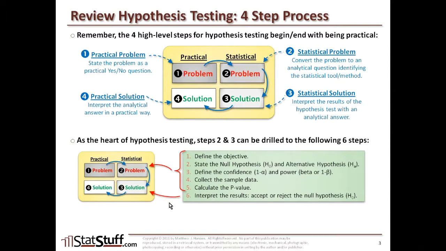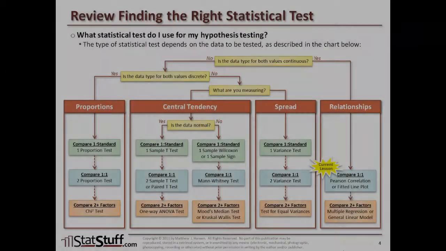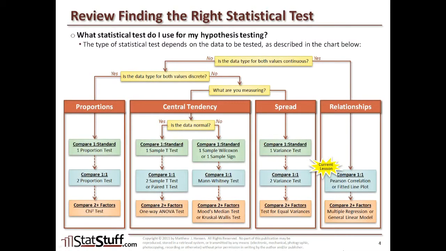This is what we'd follow when we want to go through the formal hypothesis testing. All right, now let's review again the chart for finding the right statistical test and where the Pearson correlation and fitted line plot fit into all this. Well, as we look again at the familiar drill down for finding the right statistical test, again we started off